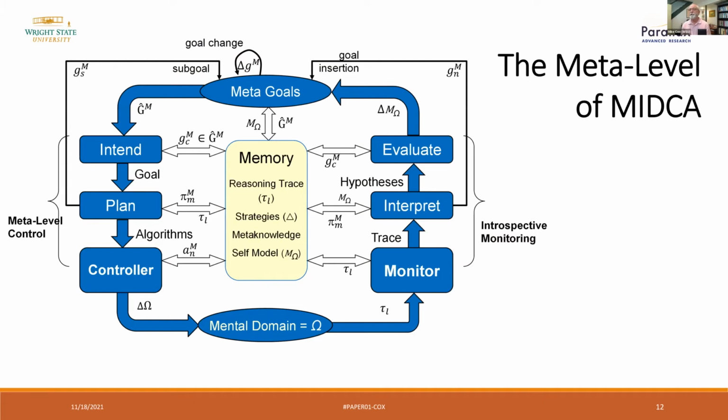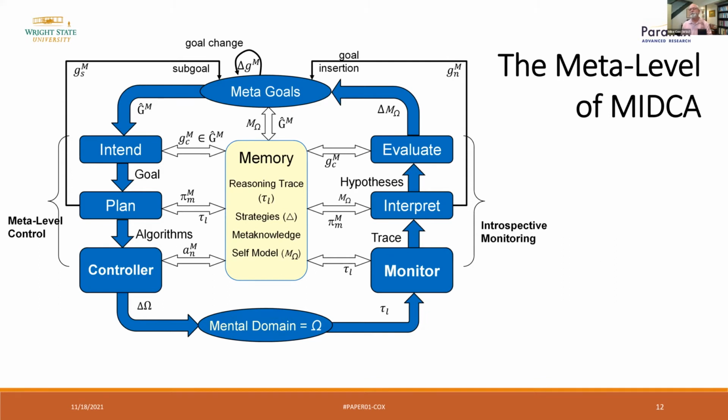In a very similar way, we have the same 6 phases at the meta level. Here, let's start on the right with monitor. So you would take tau, that trace that we looked at before, a sequence of mental states, mental action, mental states, and we'll look at portions of that. We'll interpret it. If we see a metacognitive expectation failure, we want to then explain what caused that, what caused the reasoning at the cognitive level to go wrong, and generate some meta level goal, perhaps a learning goal, for example, to mitigate that problem. We evaluate whether or not the meta level goals that are current are finished, and we then go to intend, which picks a subset. If we have finished the last one, it picks a subset of the goals that we have in the meta level agenda. We generate some plan for that, and then